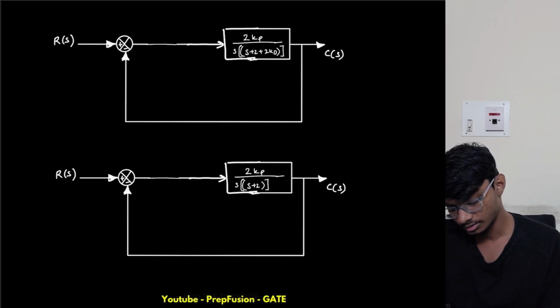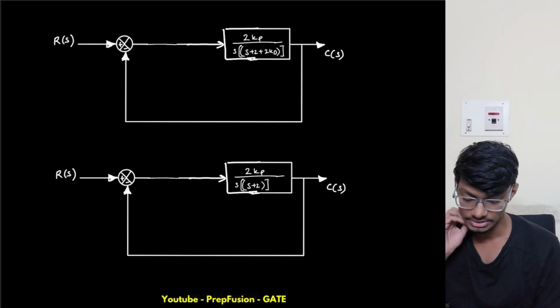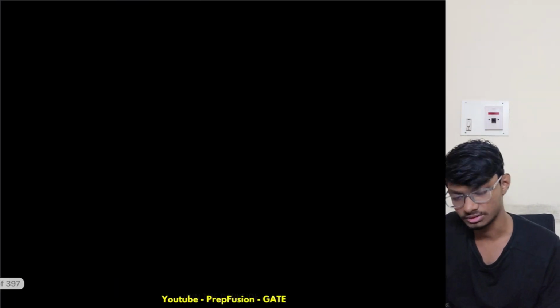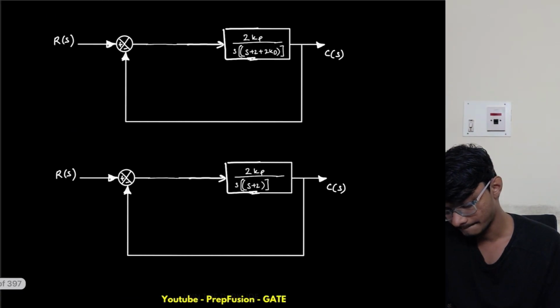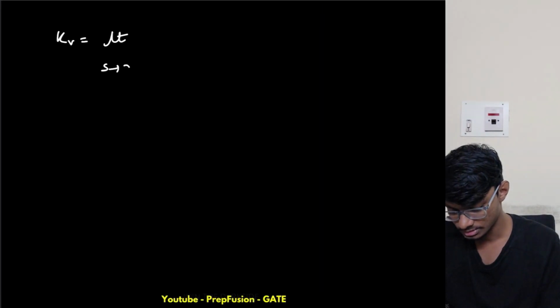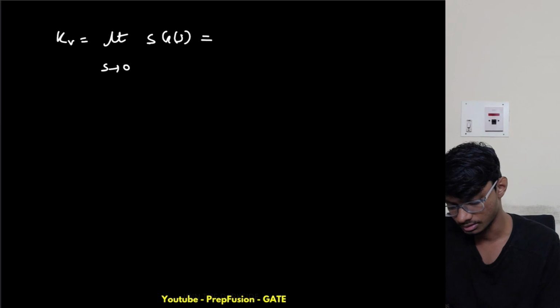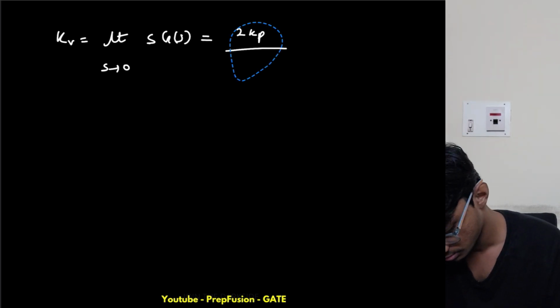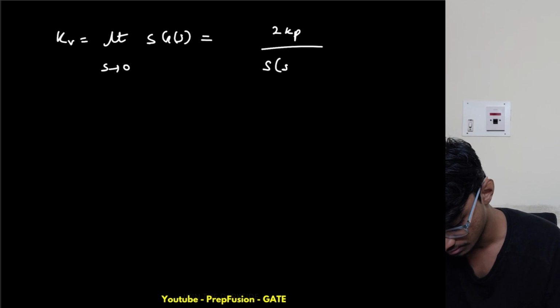Now basically I have to find the velocity error coefficient, because for the ramp input that is what the error depends on. So what is my velocity error coefficient? My velocity error coefficient Kv is equal to what? The limit as s tends to 0 of s times G of s, right? So this is equal to 2 Kp upon s into s plus 2, into s also here,